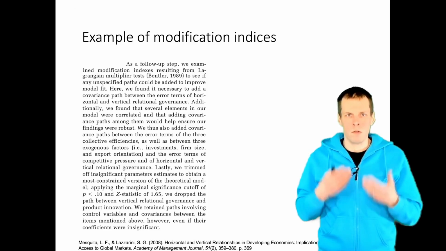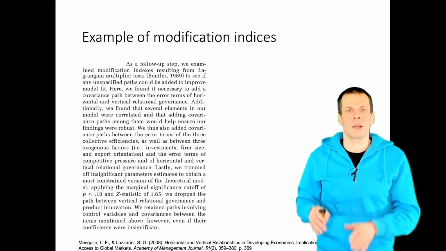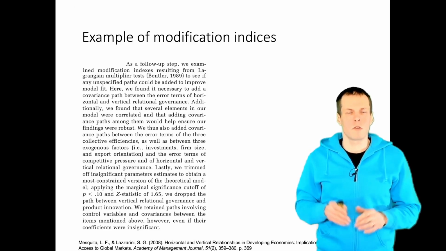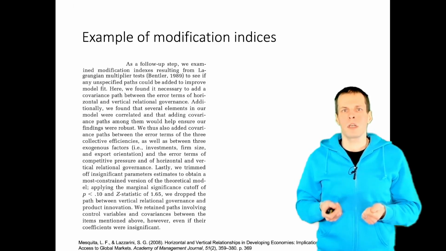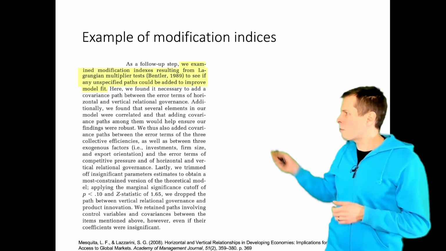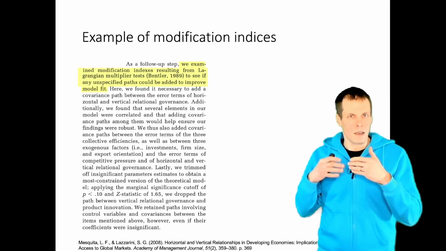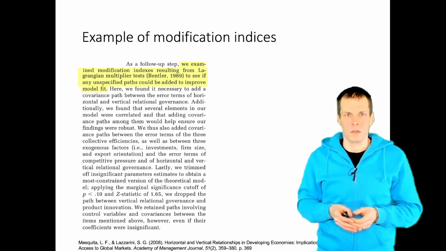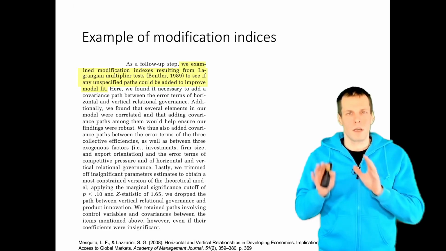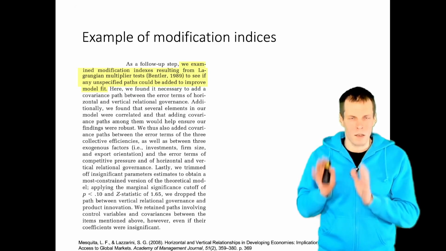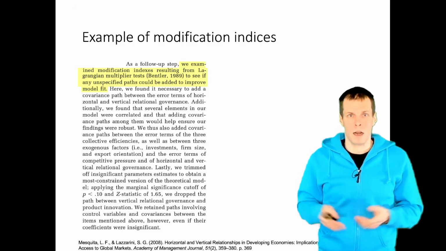They estimated a sequence of models and their CFA model fit the data well, but what they call theoretical model, which they used for testing their hypothesis, failed the chi-square test. Then they proceeded doing diagnostics. They report that they applied LM tests to see if some paths that were not in the model should be there. And this paper is a nice paper because the correlation matrix in the article contains all the variables, so we can simply replicate the analysis ourselves.